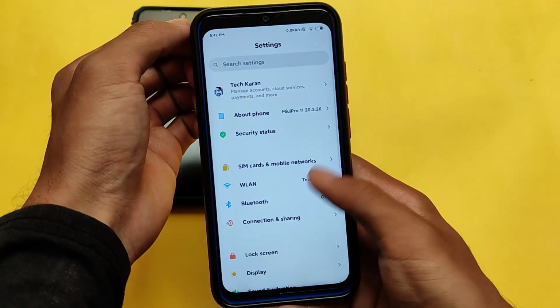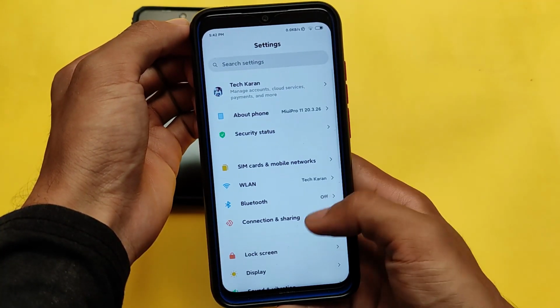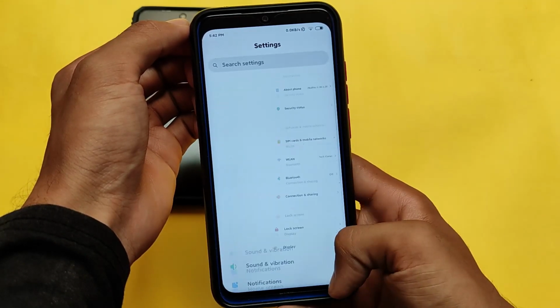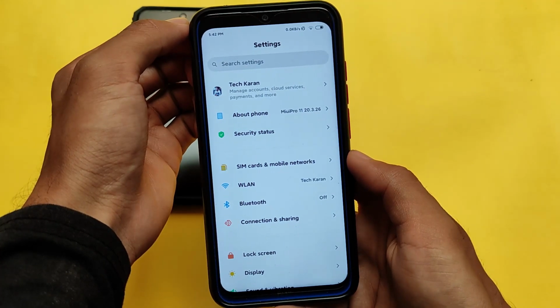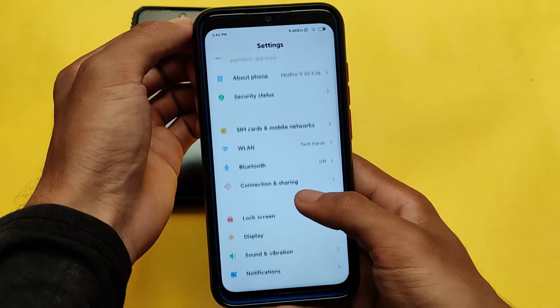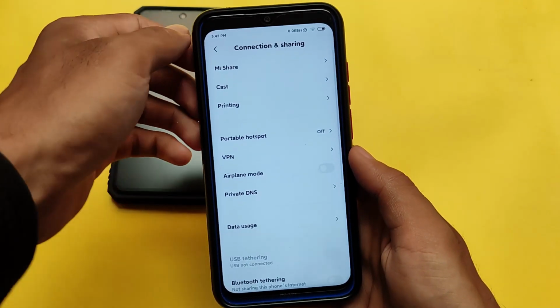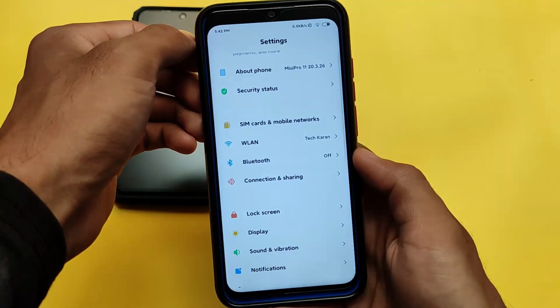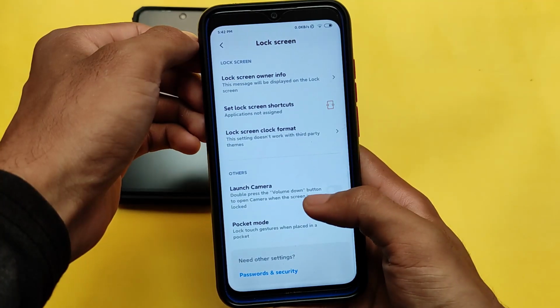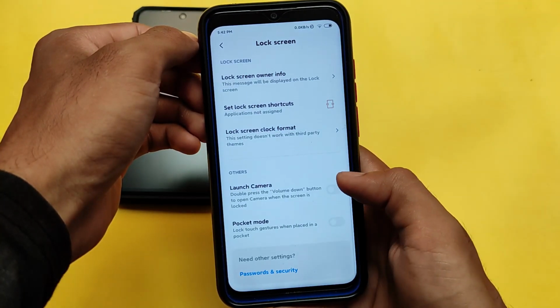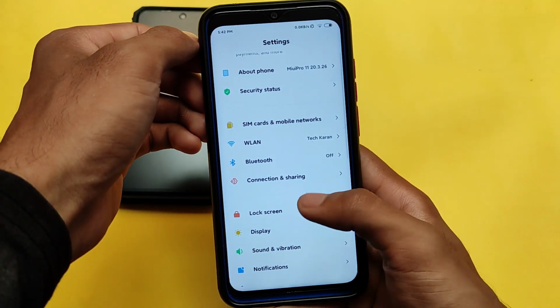I installed it, and as you can see, it has all those list view animations. It has some extra cool customizations. If you don't know what MIUI Pro offers you, it offers a lot of customizations in almost all the sections, all the menus, almost everywhere. For example, if you move on to the lock screen settings, you have the option of checking out some extra things like lock screen shortcuts, etc.